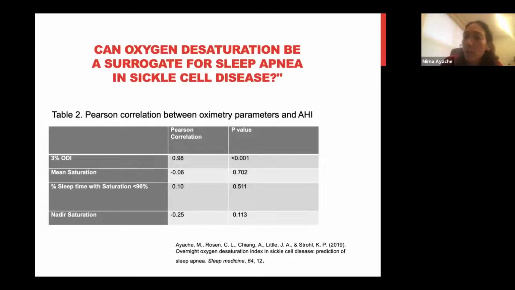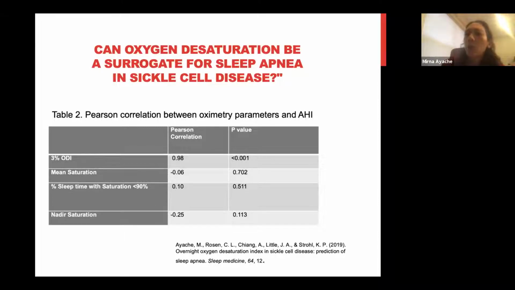So basically, there were a lot of patients who just had hypoxemia. So their mean saturation was low. They spent a lot of time with saturation less than 90%. Their nadir was low, but that's not because they had sleep apnea. They did not have any sleep apnea. So that's important to recognize when you're reading studies and they talk about